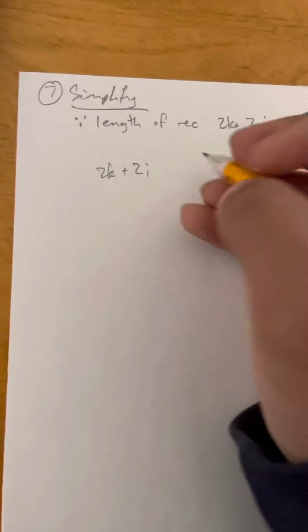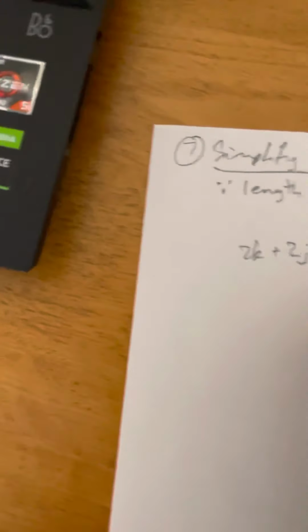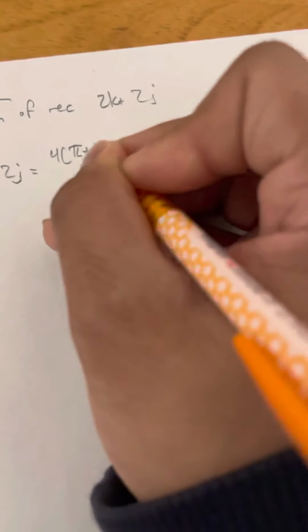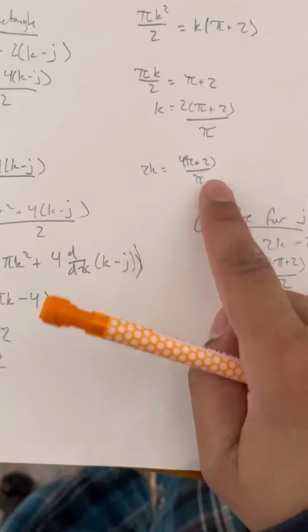And so 2k plus 2j is equal to 4 times pi plus 2, because as we saw from here, 2k is equal to 4 times pi plus 2 over